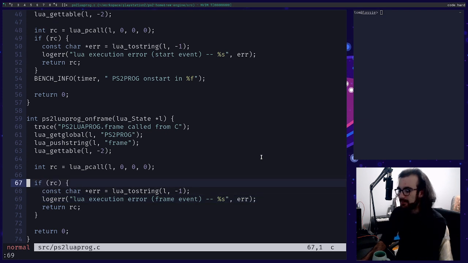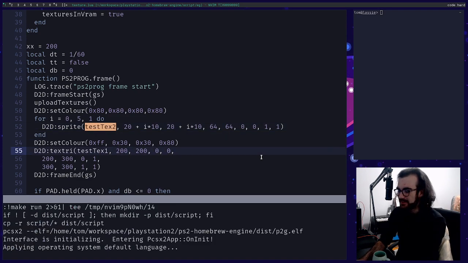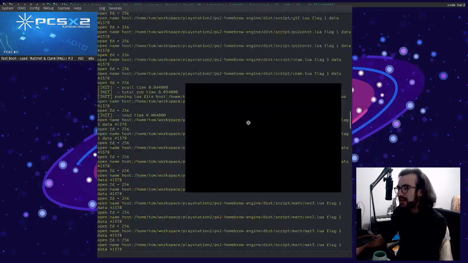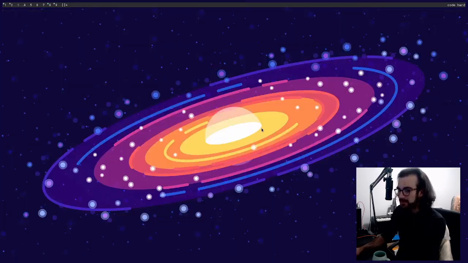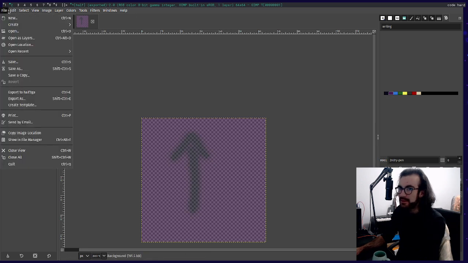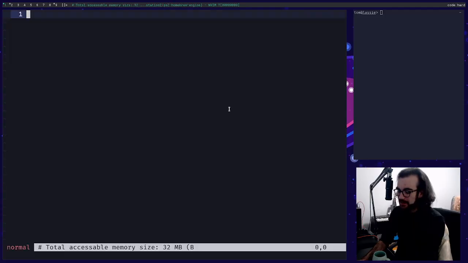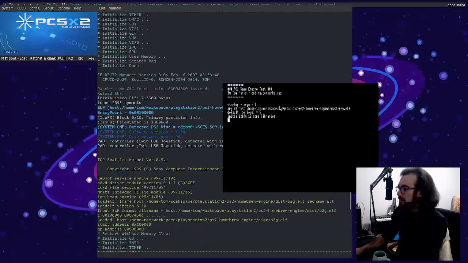We just get an error when we call on frame. It's because that is just test text and not test text 2. Okay, now it's going to work. Now it's going to be happy. Perfect. But now we just need to go back to this test texture and we need to make it semi transparent.